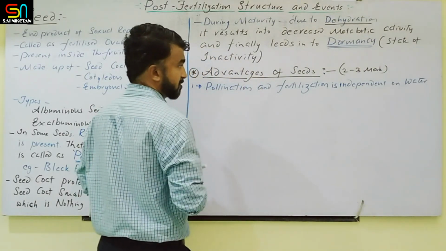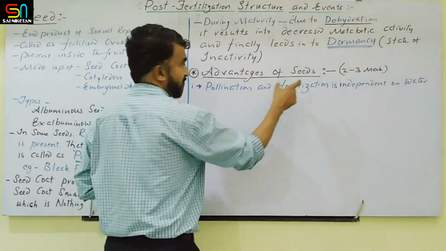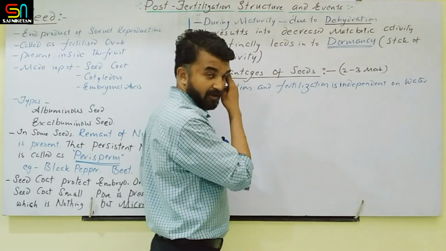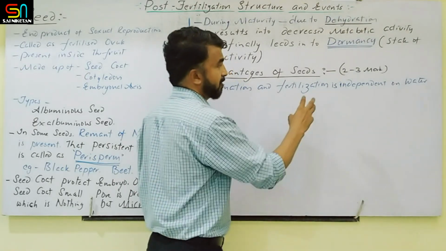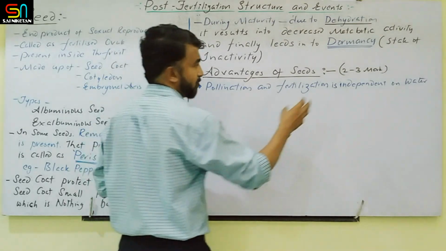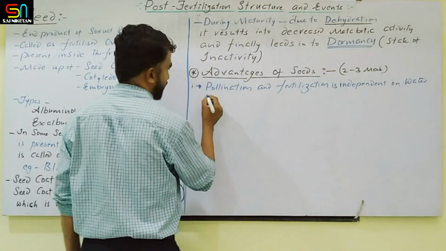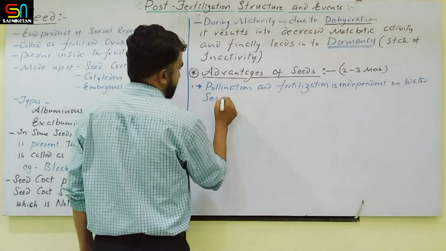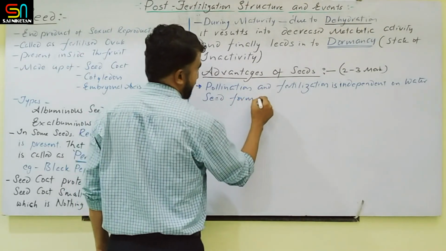When you take the angiosperms, pollination and fertilization are not dependent on water. When you take the bryophytes and pteridophytes, they are completely dependent on water. That's why their distribution is limited. So these two processes are independent of water, but the seed formation